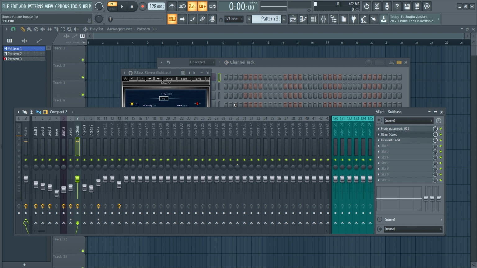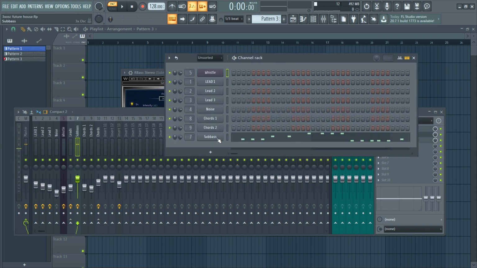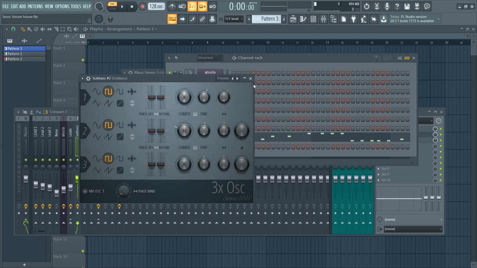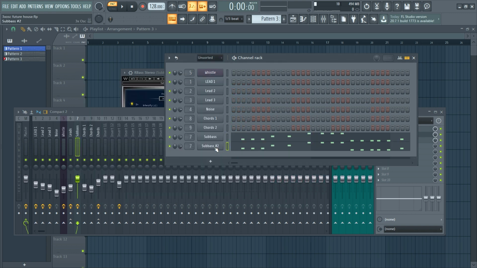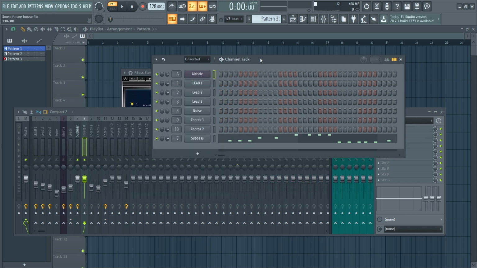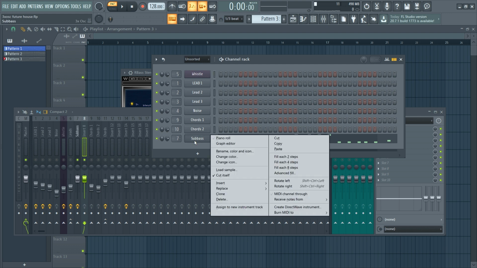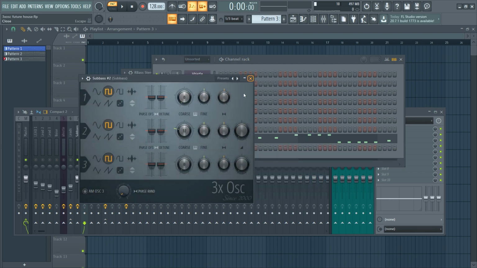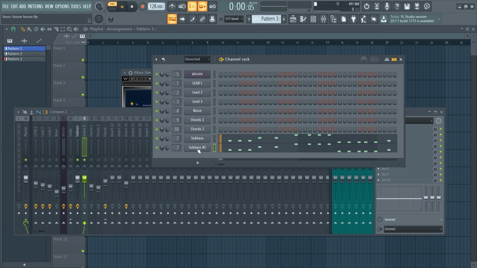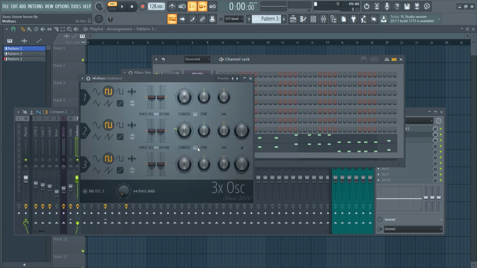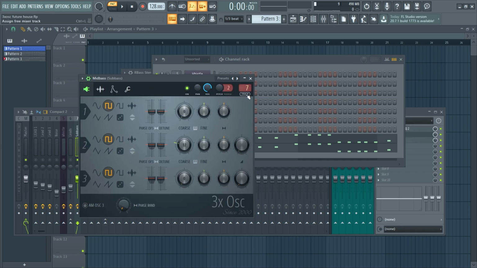And another thing that I like to do is I like to add a mid bass. So I'm going to make a copy of the sub bass, and I want to create a mid bass. So let's call this mid bass, and let's route it to a mixer channel,